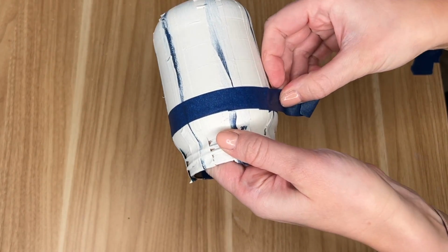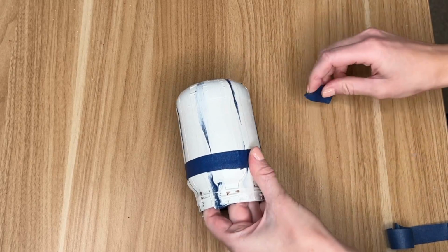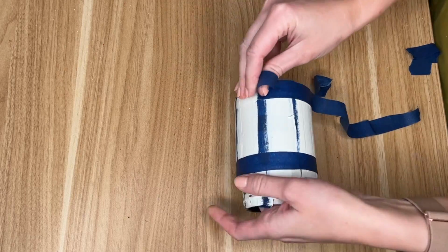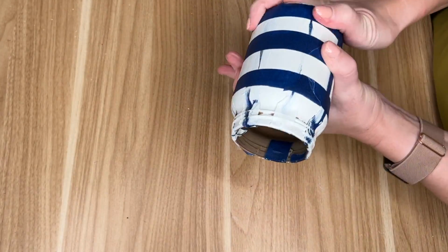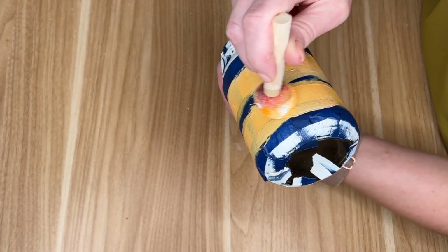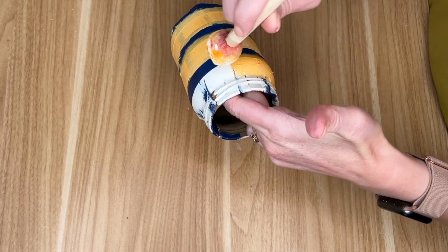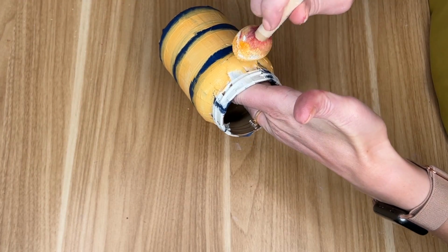Then you're going to place your tape horizontally and vertically and paint it one color, in this case, white. Then you are going to go over it again horizontally and go in with your next color. I chose orange, and you'll see in the reveal, I actually went back. I didn't like the 2 areas of white. In a traditional buffalo check, you're just going to have 3 colors, usually a gray, a black, and